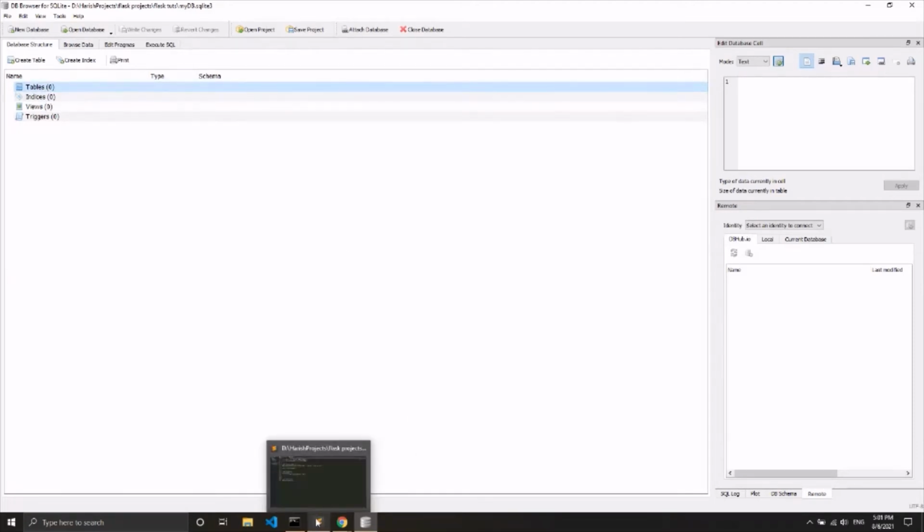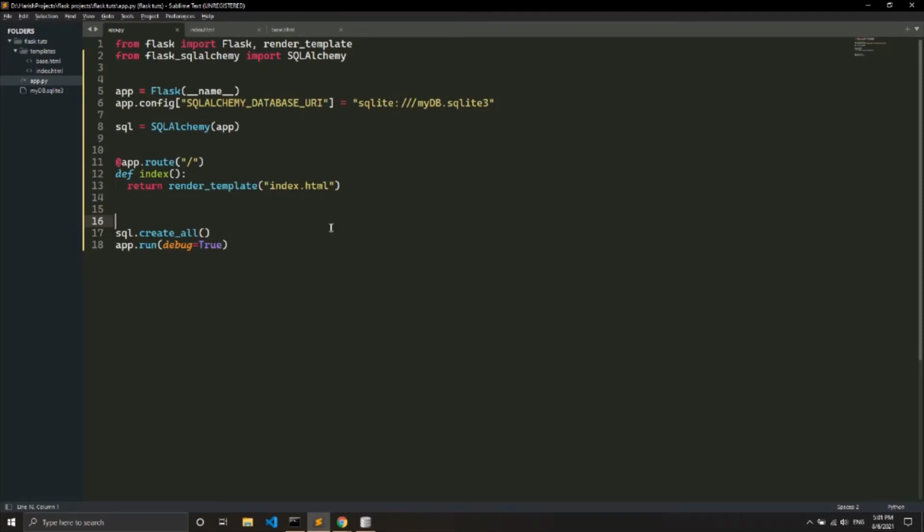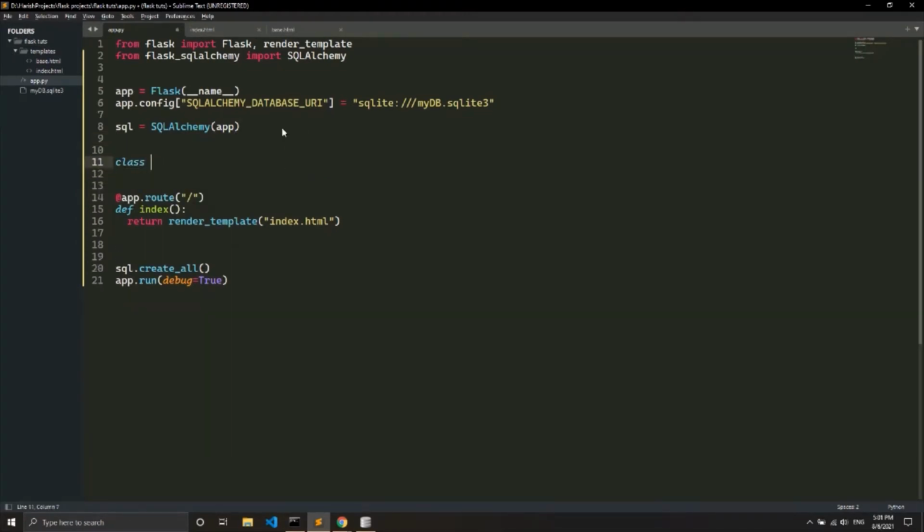For this tutorial, you should know the basics of databases and how they work. So what we are going to do now is create a new table. If you don't know what a table is, it's a collection of rows and columns used to store data. In this series, we are going to create a user authentication system so that you'll be familiar with the databases and the create, read, update, and delete operations of SQLite3 in Flask. So I'll create a new table for users. We have to create it in the form of a Python class. I expect you to know about object-oriented programming as it will be helpful for this series.